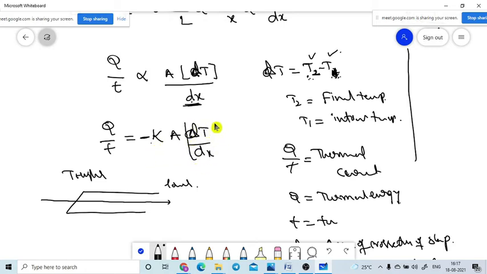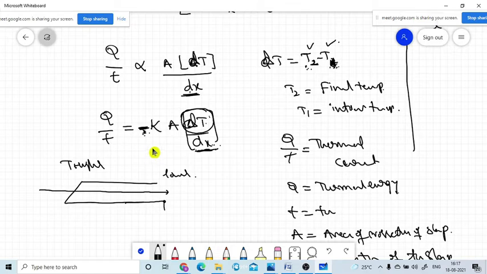If we are moving far away in distance, this value dx, the temperature value will decrease. This negative sign is indicating that the temperature decreases if dx, the length, is increased. If the length is increased, the temperature value decreases. This negative sign we do not use while performing the problem, so please keep it in mind. It is only an indication of the direction in which the temperature decreases as we increase the distance along the slab. That is very important.